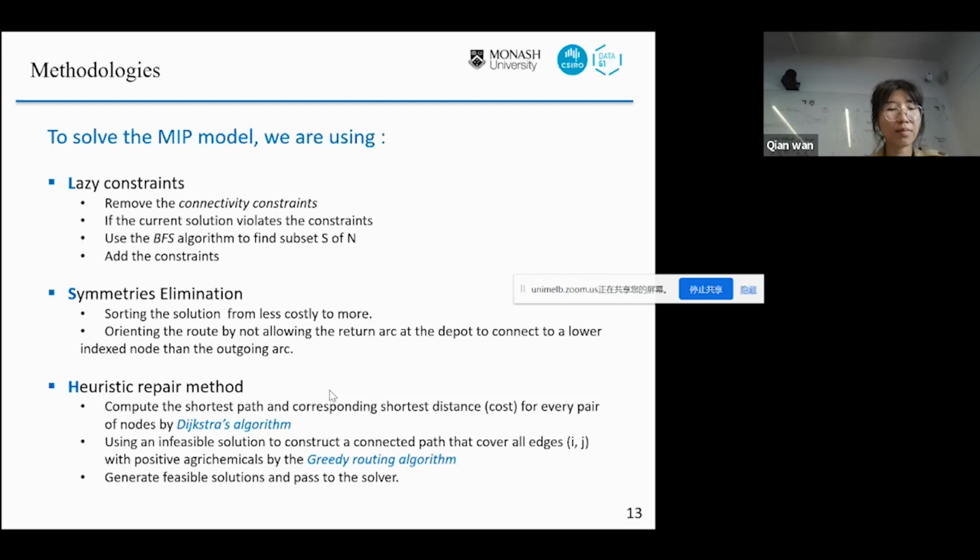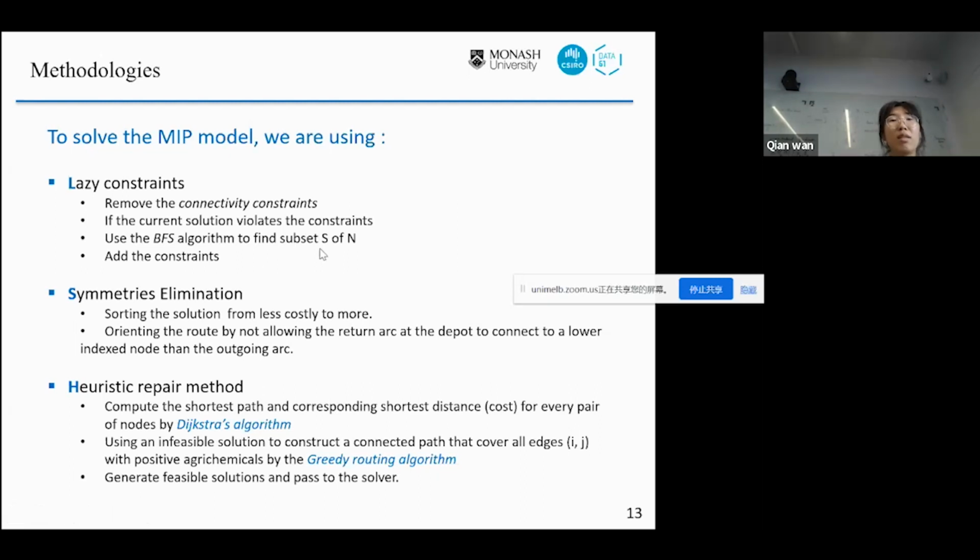For the lazy constraints, the basic idea is to simplify the problem by removing the costly constraints and then reintroduce them if needed. I just mentioned the connectivity constraints are really costly. So here we can remove the connectivity constraints first, and then if the current solution violates them, we just